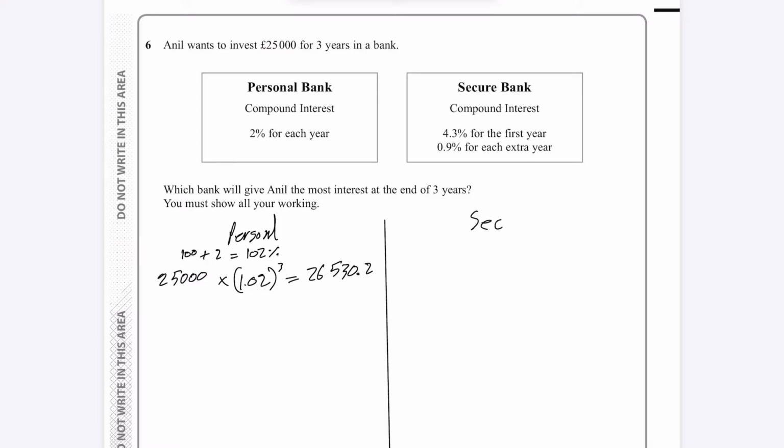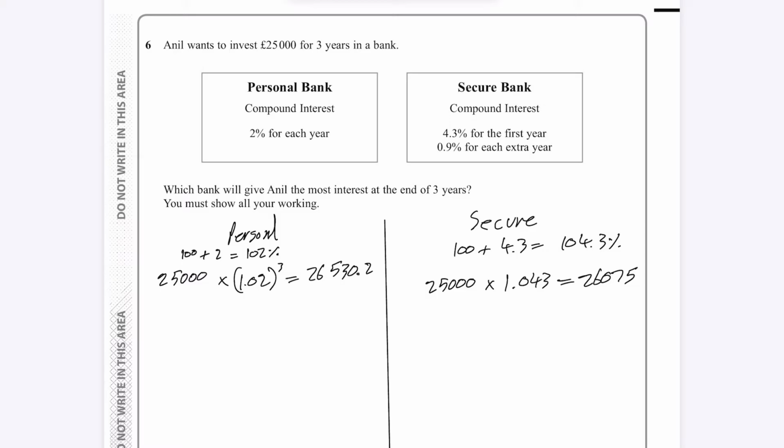And if you went with secure bank, in the first year it's going to be 100 plus 4.3, which is 104.3%. So let's times that by 25,000. This is just in the first year, so we're just going to do it once. So that's 1.043, pop the decimal twice to the left, and that becomes 26,075. And now we're going to take the 26,075, and we've been told over the next 2 years there's